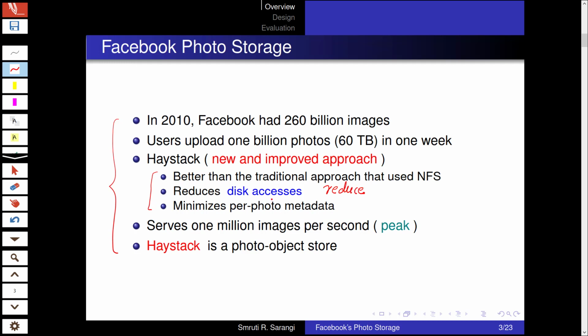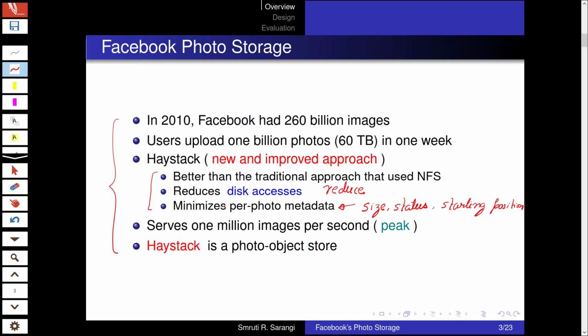And also the aim was to minimize per photo metadata, because we would keep some data for the photo as well as some metadata to essentially identify it. So the main thing it would contain is the size and the status of the photo, and of course, something like its starting position on the disk. So the starting position, the size, and the status, we'll come to what the status is later in the lecture. These three things are essentially things that need to be minimized.